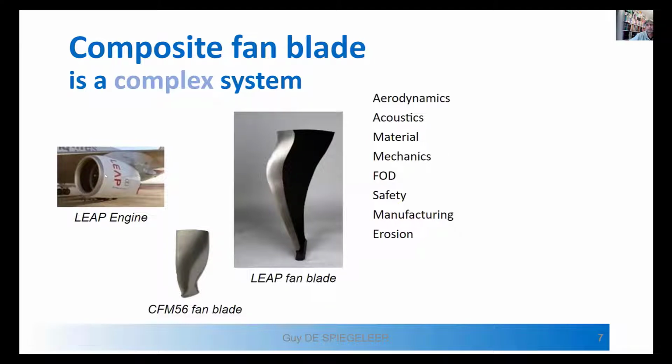Erosion, because you can use this engine and this blade in Arabia with sands, or in Finland with snow, and this external air will introduce erosion on the leading edge. So to support the life cycle or duration of the blade, you have to anticipate this erosion. Maintenance, of course, you have to change it if needed. And health monitoring, you have to anticipate the modification or maintenance of the blade if something happens, and other things. So you see that just to design this blade, you have to consider at least